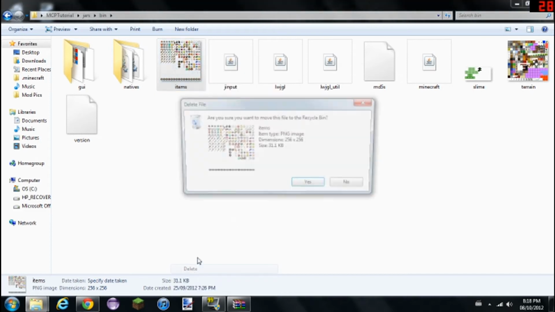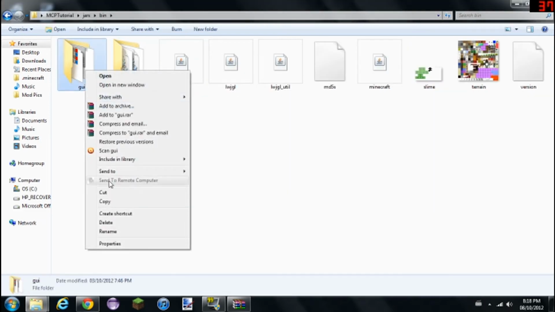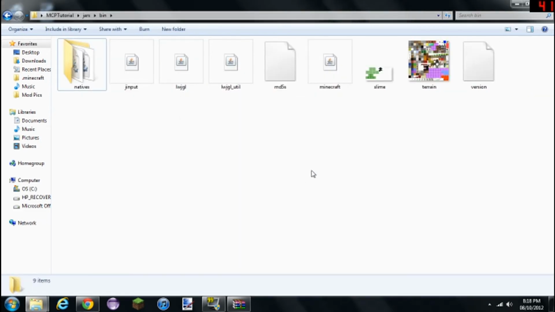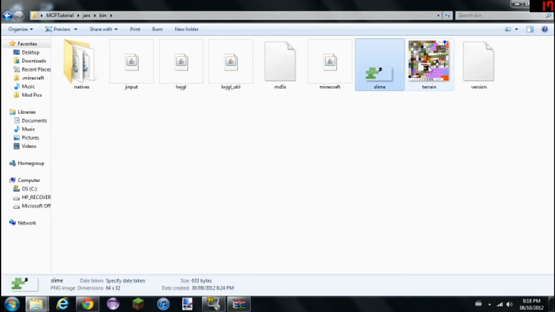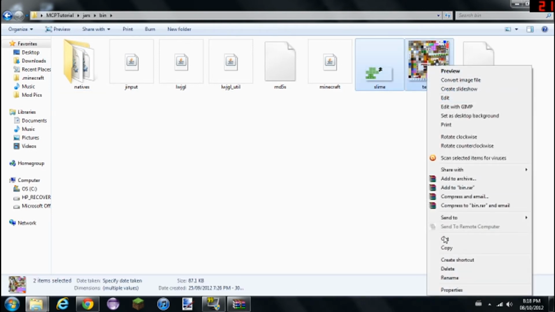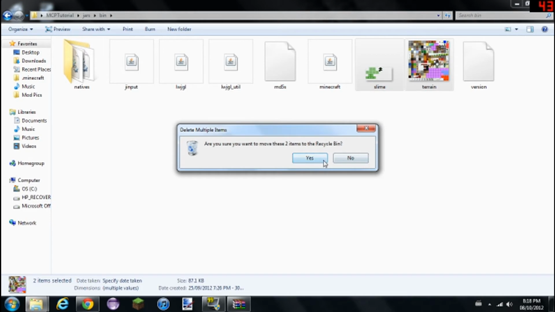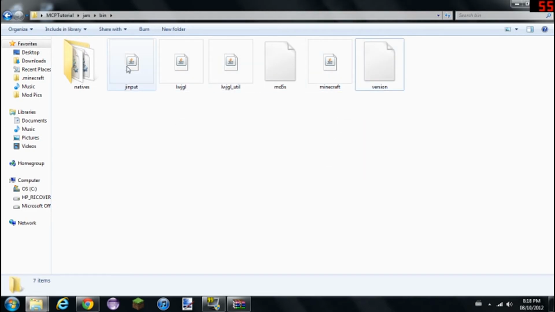I did something very stupid here, sorry guys. You guys won't have this, don't worry. This and this. Delete, delete. Okay, basically you want to make sure that you have the jinput, the lwjgl, the lwjgl_util, the md5s, the Minecraft jar, and the version. Make sure you have those 6